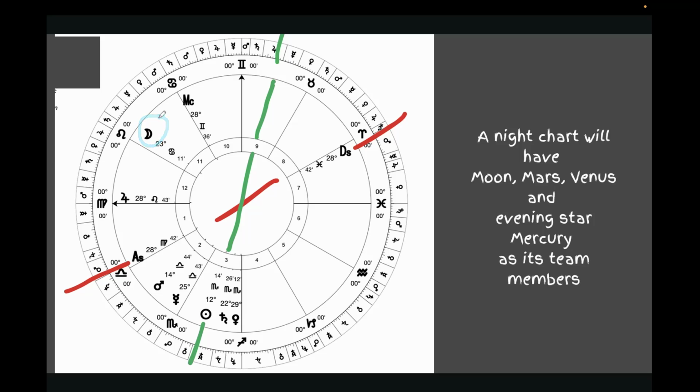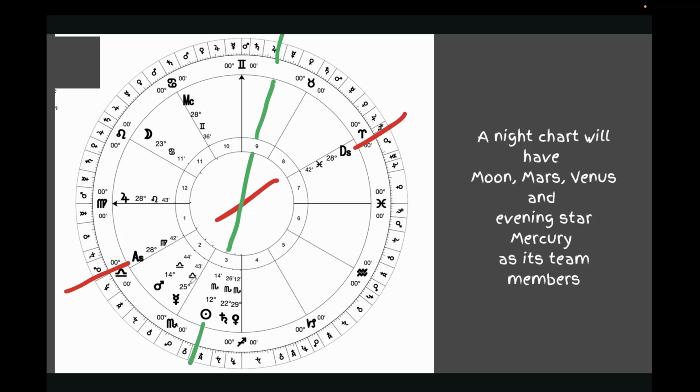And the teammates of this luminary sect team are going to be Mars and Venus, and then, of course, Mercury. Mercury goes either way. Mercury is either working for you or working against you, depending on the sect of your chart. So in a night chart, we're going to find that sun, draw a line across the chart like I did in green, and see where Mercury falls. Mercury falls on the right side, right here, of the sun,